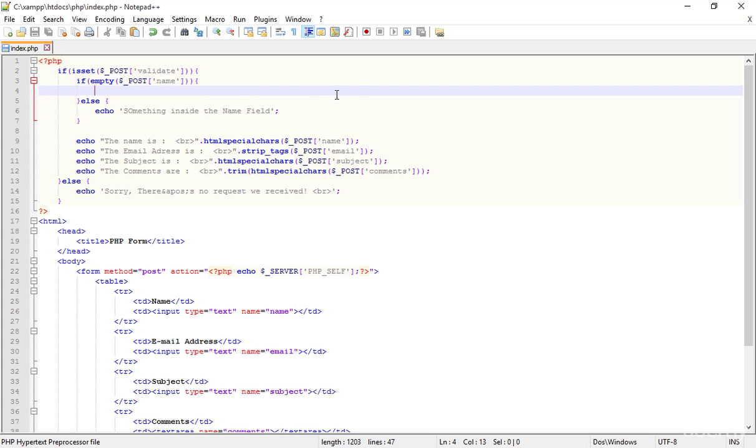I'm not echoing anything right now. I'm just creating a variable named emp, empty, equals to, the name field